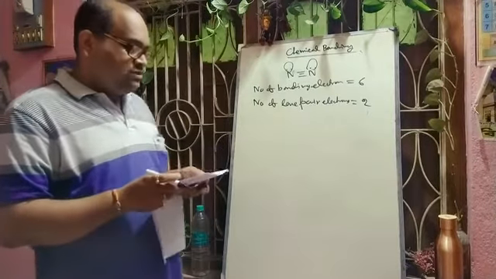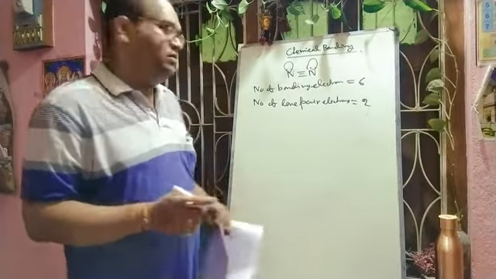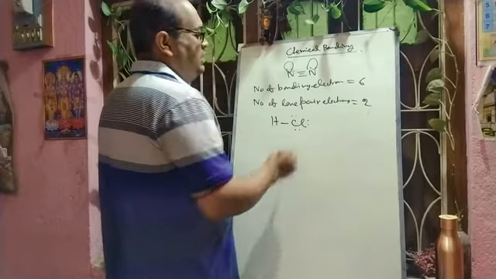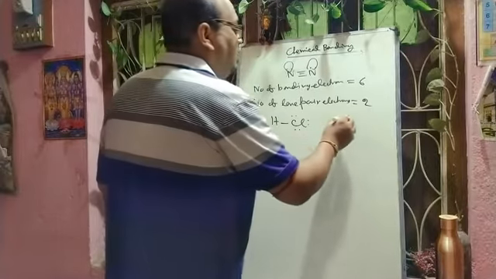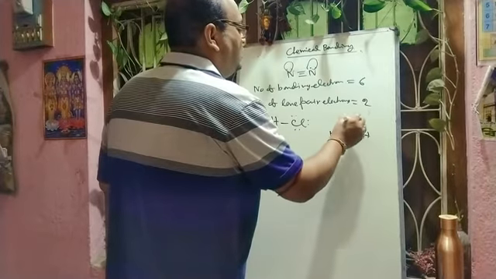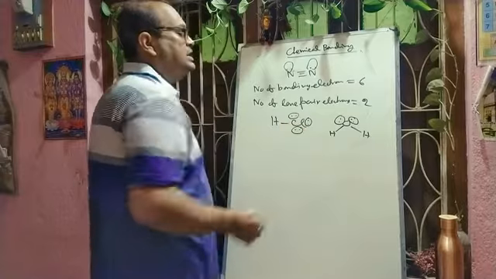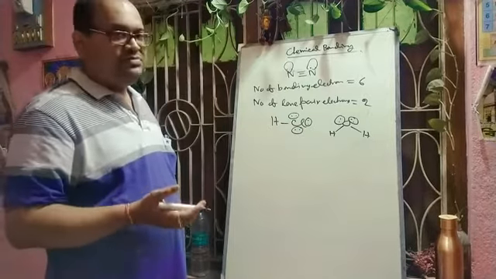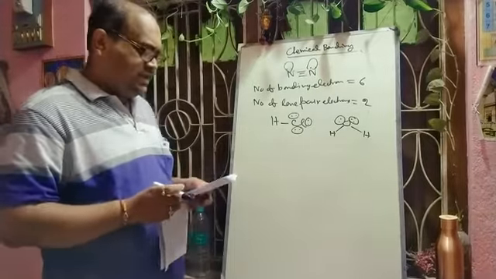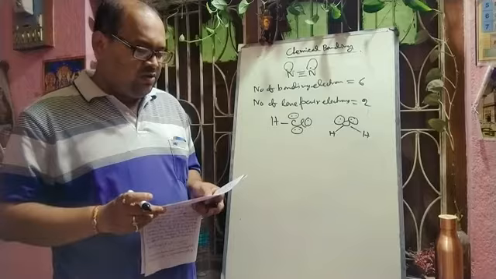Next question: what is the total number of lone pairs of electrons in the HCl molecule? In case of HCl molecule, chlorine has 3 lone pairs of electrons. If we consider the oxygen atom in a water molecule, it consists of 2 lone pairs of electrons. Generally, in case of halogen, 3 lone pairs; in case of oxygen, 2 lone pairs; in case of nitrogen, 1 lone pair of electrons. So you can understand.